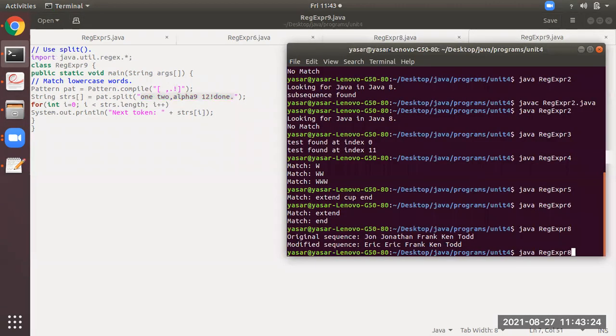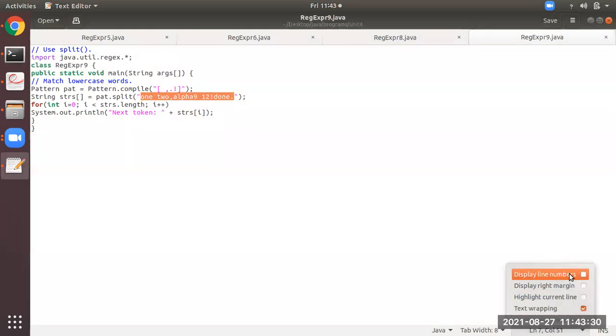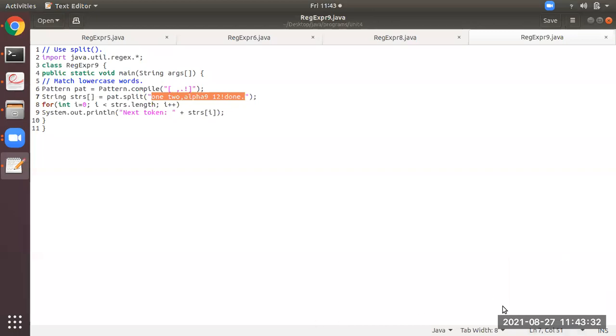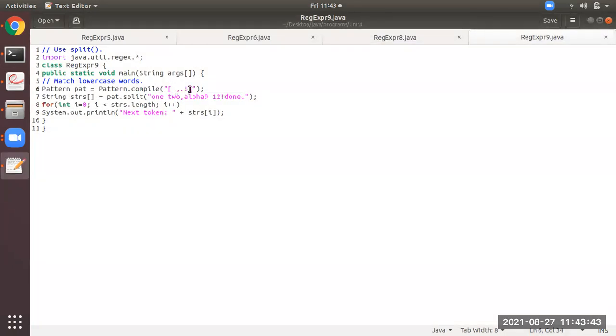Let me directly run it because it is already compiled. Now you see here. Let me provide the line numbers. Line numbers are provided. See here, in the pattern you can see 3 delimiters in the square brackets. And str, this array, has pat.split. Remember, pat.split.